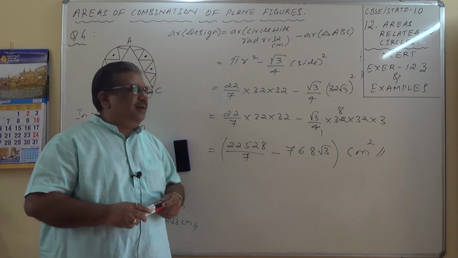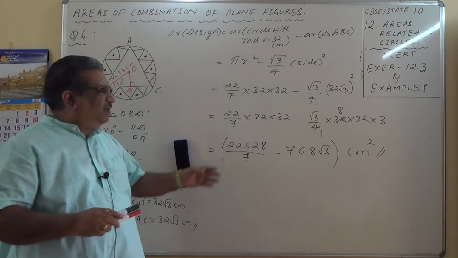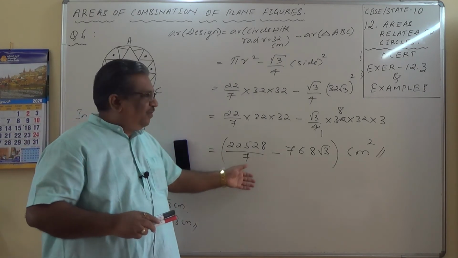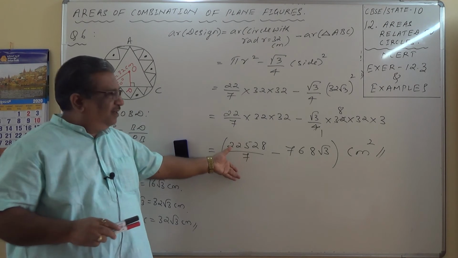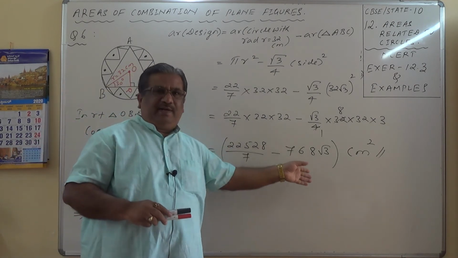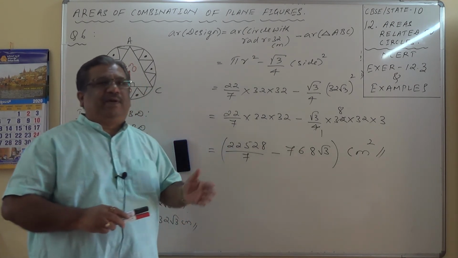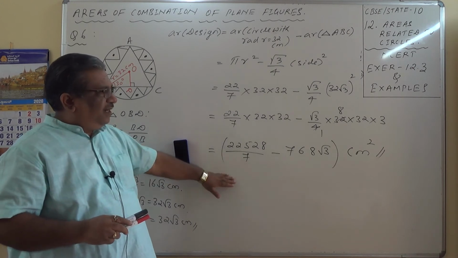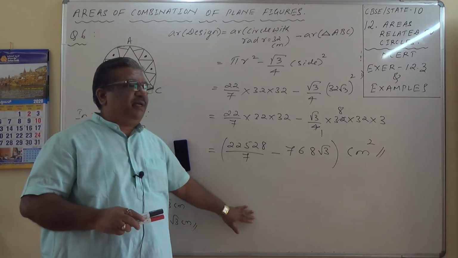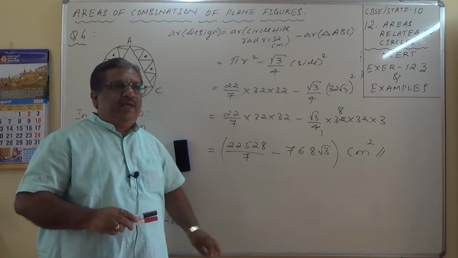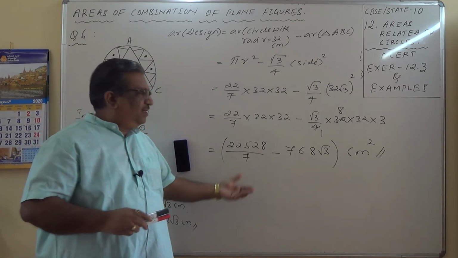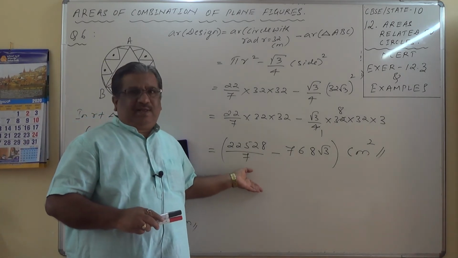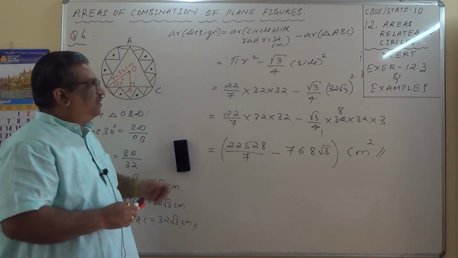But in exams, it is preferable to work out a little bit more. For example, this can be converted into a fraction, with root 3 as 1.73. You can take it and work out. So very quickly you need to work out in detail, and finally the answer can be kept in decimal places also. If time permits, you can do that, okay? Otherwise you can leave it in some fractions also, okay? And make a note of this.